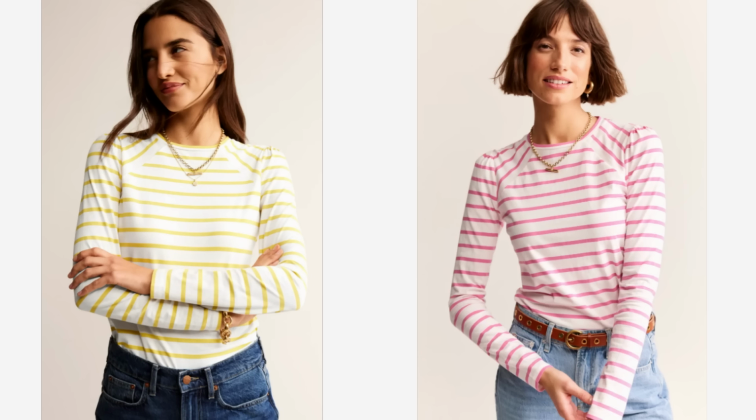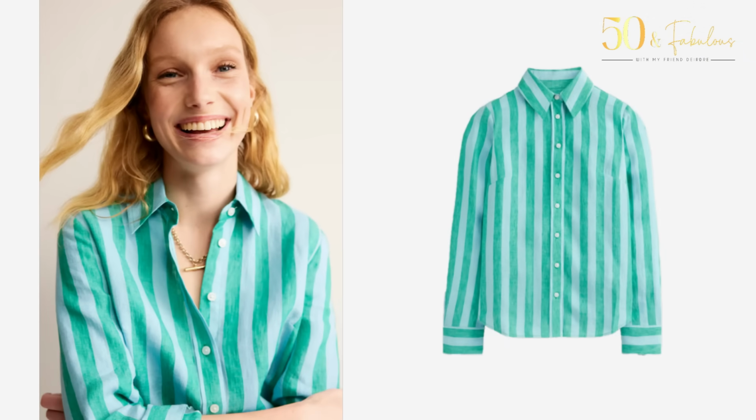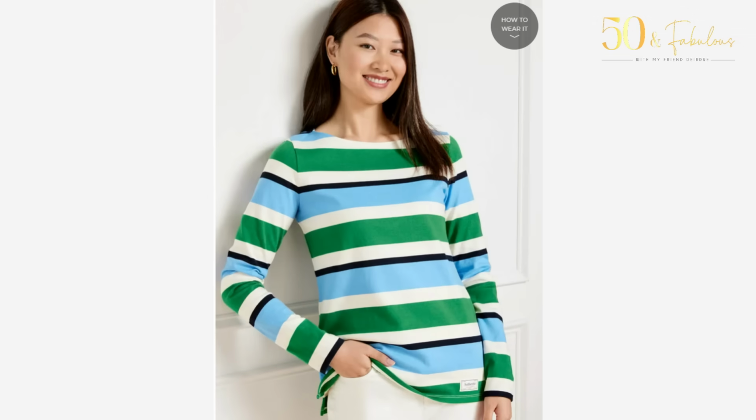Or if you love stripes, as I do, you could try a beautiful linen shirt in perhaps a green and a blue colourway. I think this is absolutely lovely. This is a sienna shirt from Bowden, and as I said, it's linen too, so all natural. Or another lovely option is to try out a brighter colour with a navy or a black, as in this